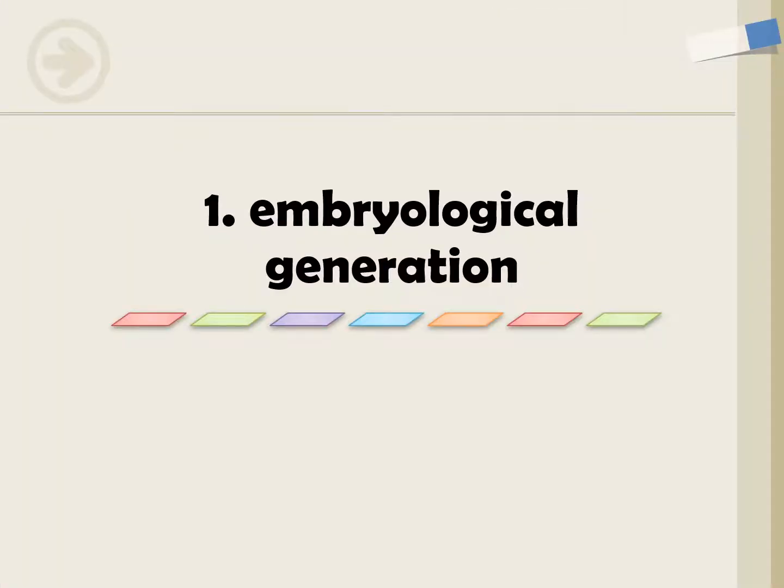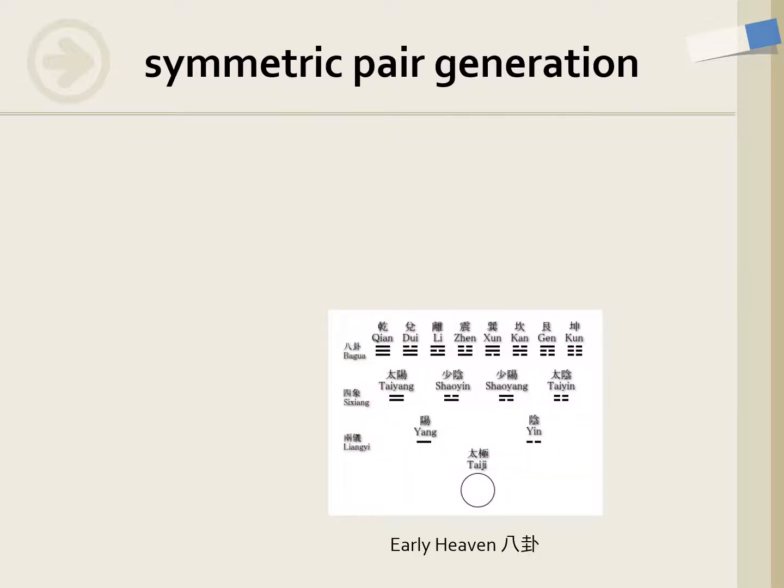There are several kinds of ways to generate GUA. Today I will introduce three ways. The first one is the embryological generation. This is the early heaven bagua. They are generated in the fashion of a symmetric pair generation,